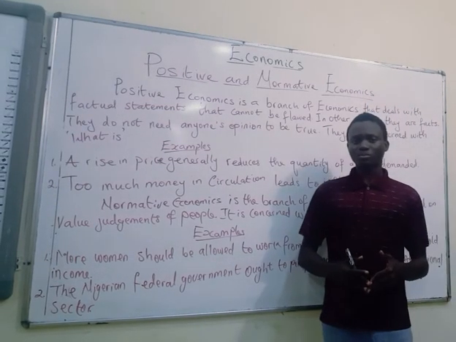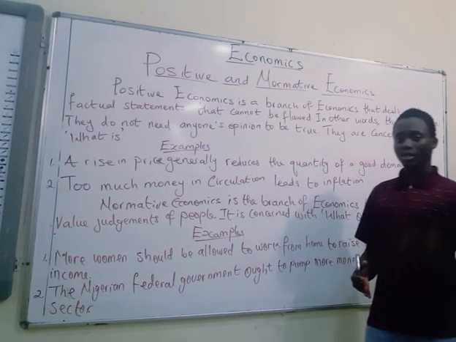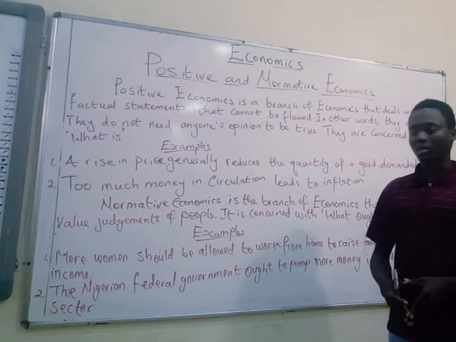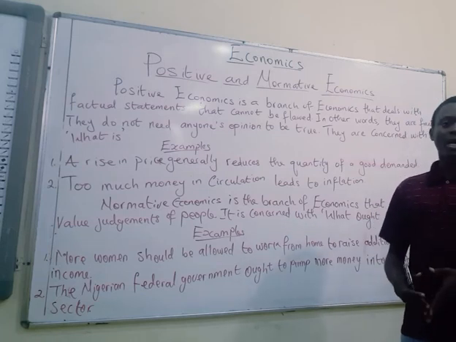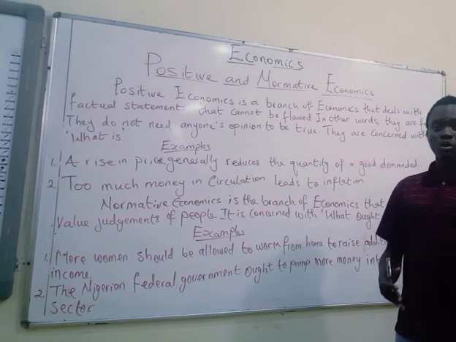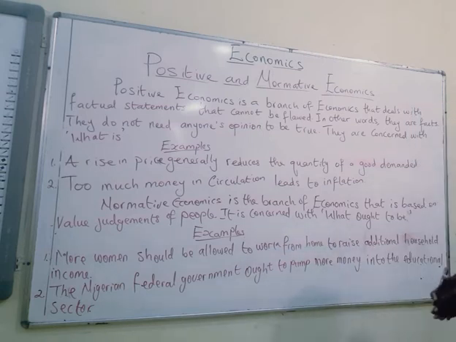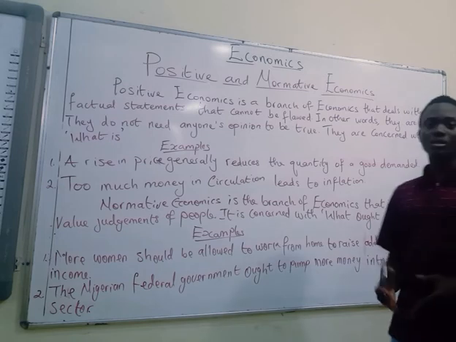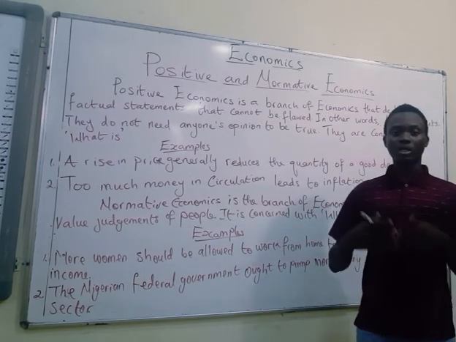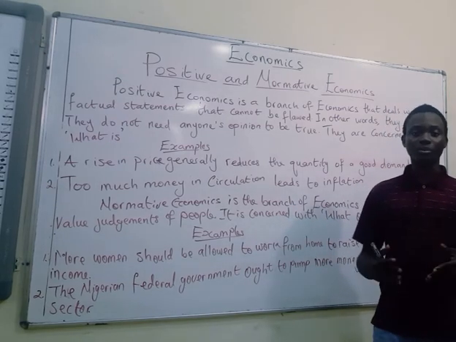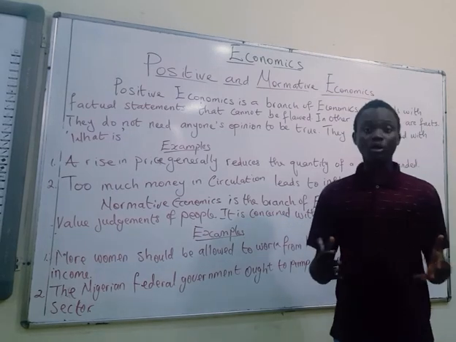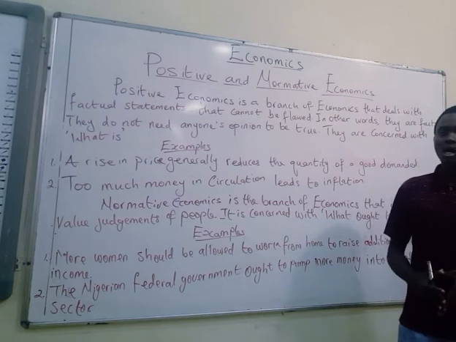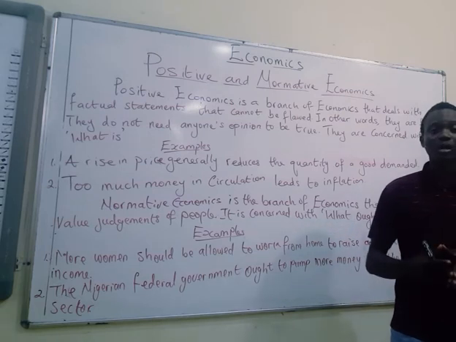But then the other way around is: the federal government is pumping 2 billion naira annually, but we think the federal government should do more. That's why we are saying the federal government ought to pump more money into the educational sector. One party could say no, the initial amount that the federal government is pumping is enough, if it is judiciously used. Another party could say it is not enough even if it were judiciously used.